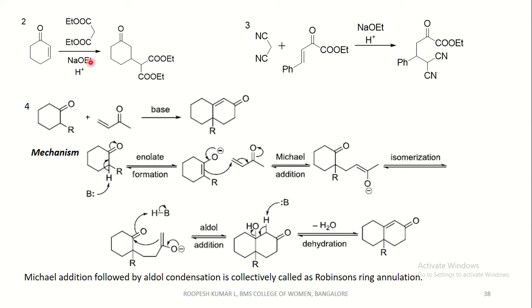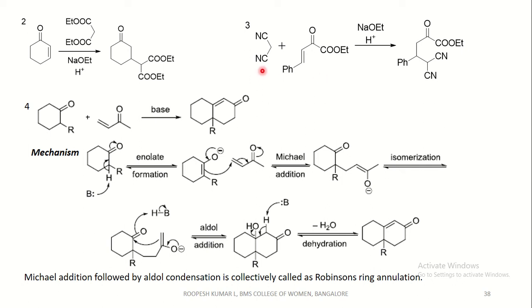That is, this accepts a proton from here to form a carbanion, and this attacks here, and this bond shifts here to form the O minus, and again O minus shifts here and the double bond is formed, which takes up a proton to form the corresponding compound. The mechanism follows exactly as the first one, and this is the same as that of the first one.